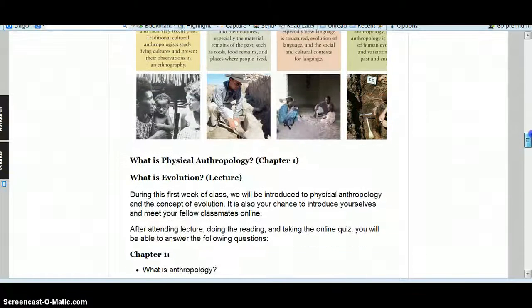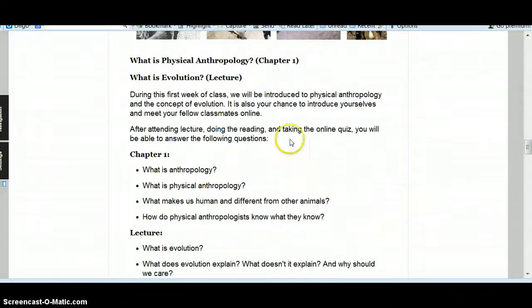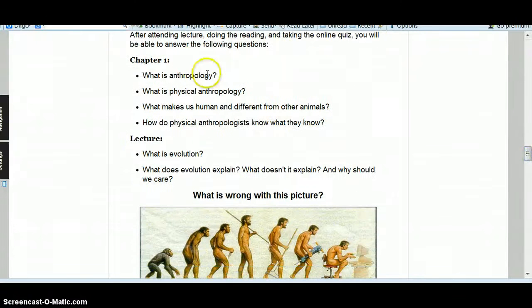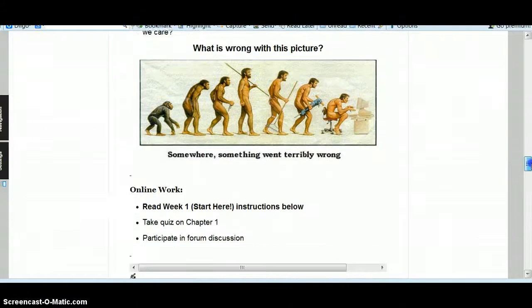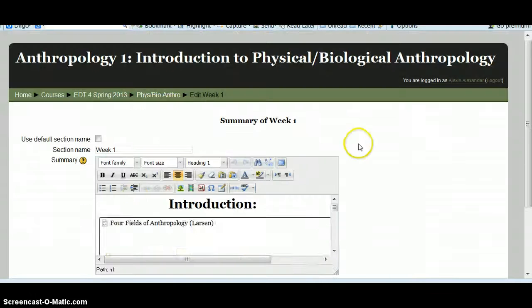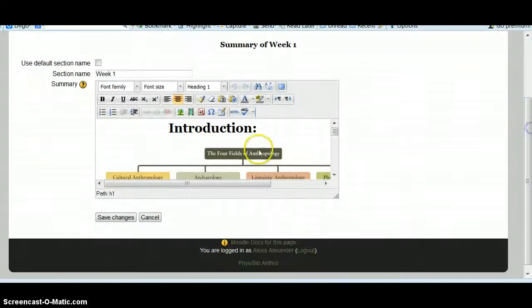And then, I like that you've got your, but once again, this is fine actually, it's not too long. And the fact that you've got the online work here, but be careful with your pictures. See how this has a scroll bar? That's something that you don't want to have in your course. That picture is probably too big and needs to be shrunken down a little bit